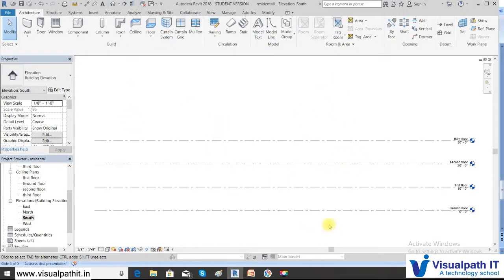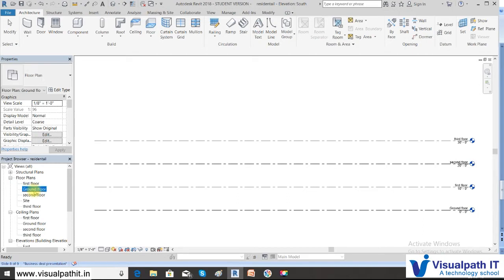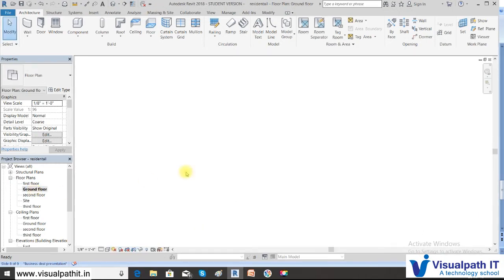Here we stopped in the previous session where we finished creating the levels. And then suppose I want to start the walls at the ground floor. So you need to go to the ground floor plan view. So double click the ground floor plan view. So you are in this now. You can zoom and you can find the cursors and the elevation views. Now once you set it in between the screen, in between your view, then you need to click the wall tool here. Click wall tool.